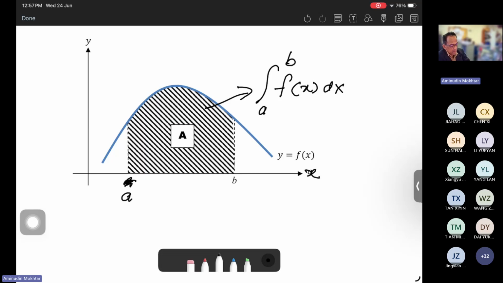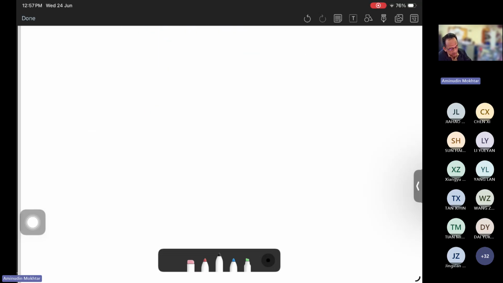The area must be below the function and above the x-axis. That's what we call a positive area. Okay. Meanwhile,